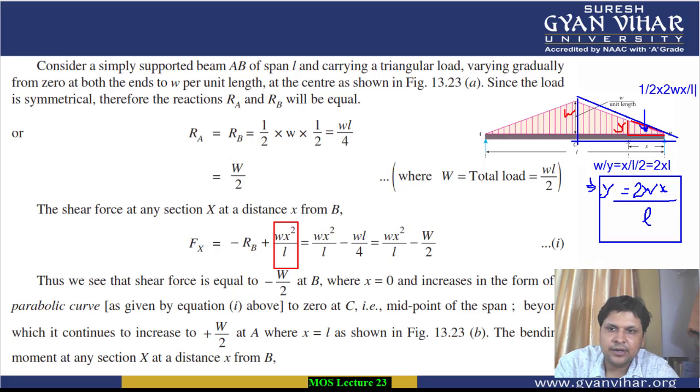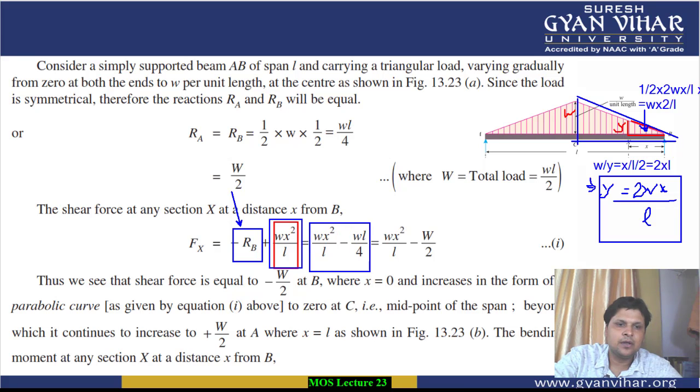All right, and this is into the distance, half of this. So in this way you will see into x, you will have to multiply by x also. So in this way, how much will you get? You will get Wx square by L. So that is the thing which is written here also. Wx square by L is the shear force due to this UVL. So now RB value you can put. We have already calculated the value of RB. Putting these two values, you can get this expression.